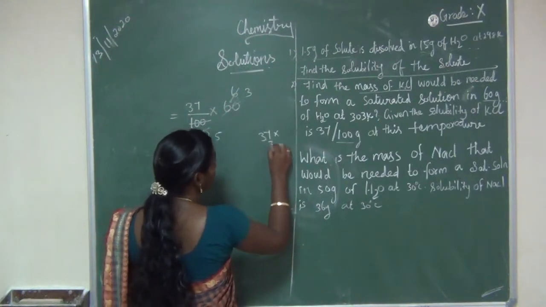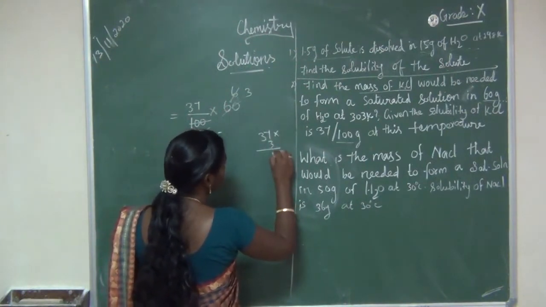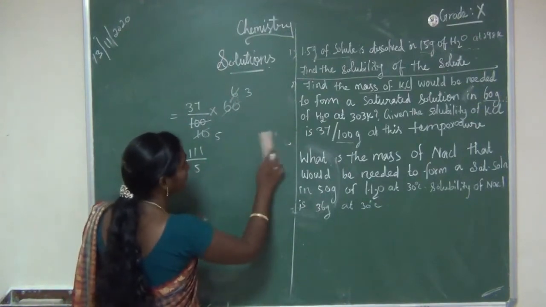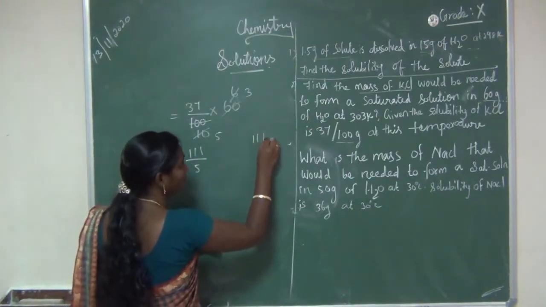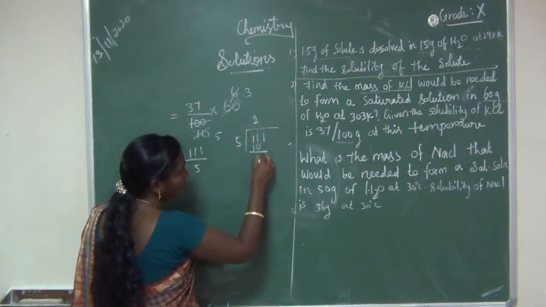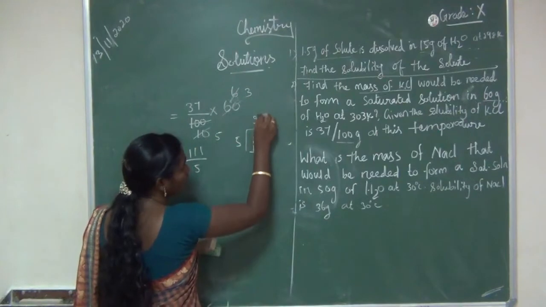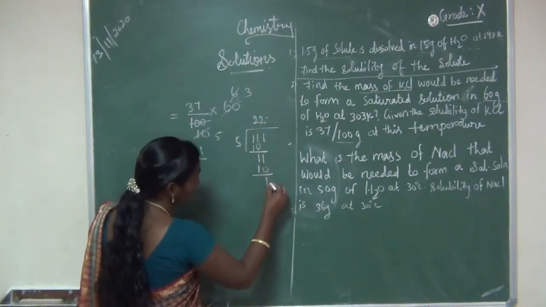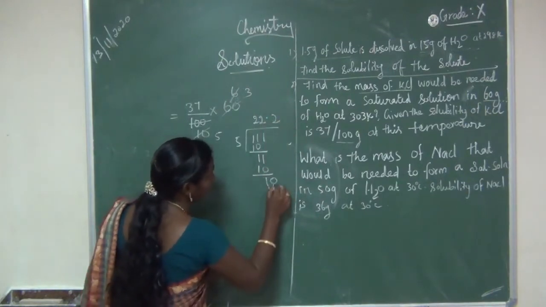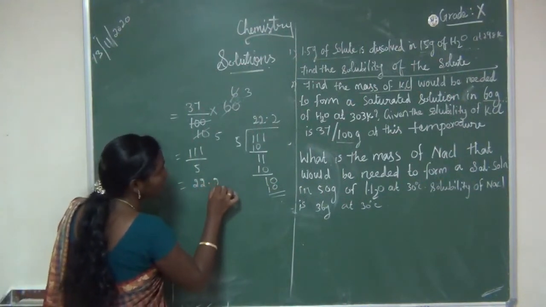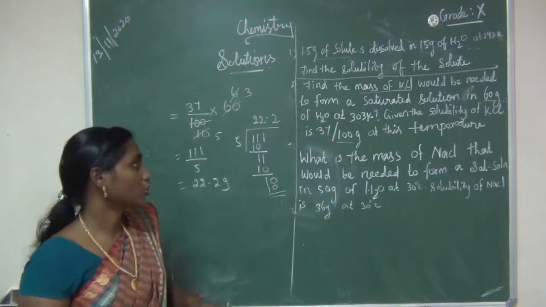Into this 3. 9, 10, 11. So 111 divided by 5, right? 2 5s are 10, balance 1. Then 2 5s are 10, balance 1. 1 point, add 1 0 here, 2 5s are 10. So what is the answer? 22.2 gram. So finally you should write this line,